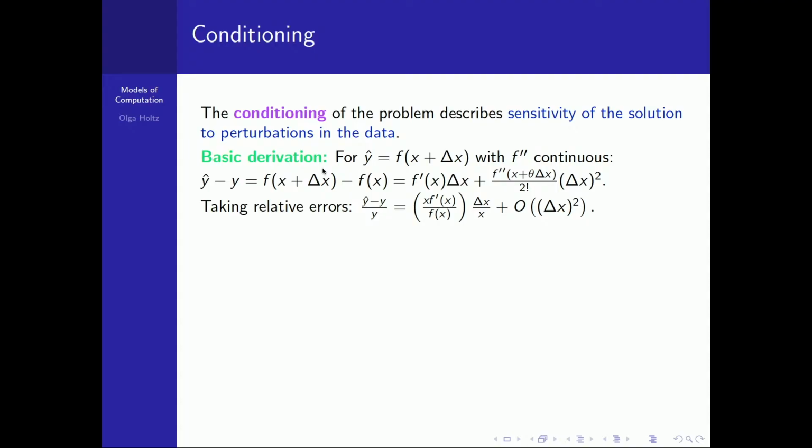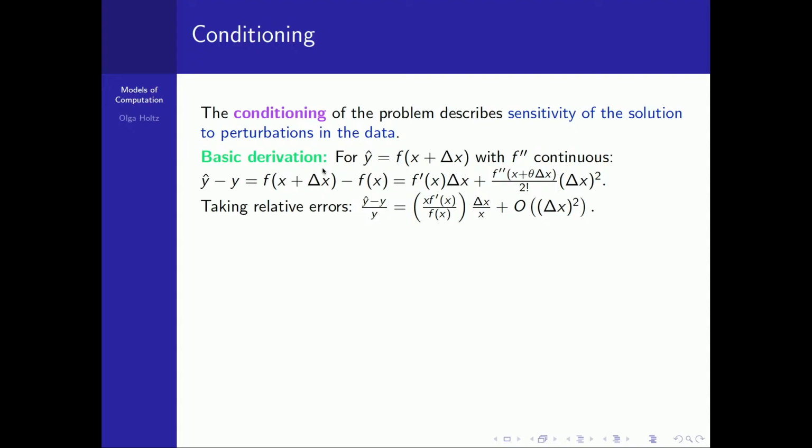Okay, we were approaching that. And then here we'll just rearrange things slightly. So we'll say, okay, what's going on? We already have f prime times delta x. Let's just rearrange this a little bit. We'll say, okay, this is going to be x f prime over f. And you will see why these contortions are happening, because I want to introduce the relative error here as well in x, right? So this is delta x over x. And this quantity will stand in front of that relative measure, correct?